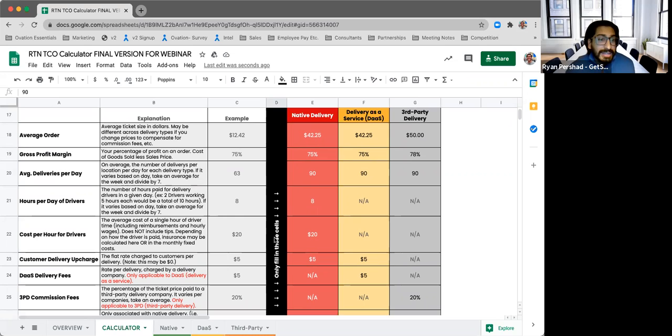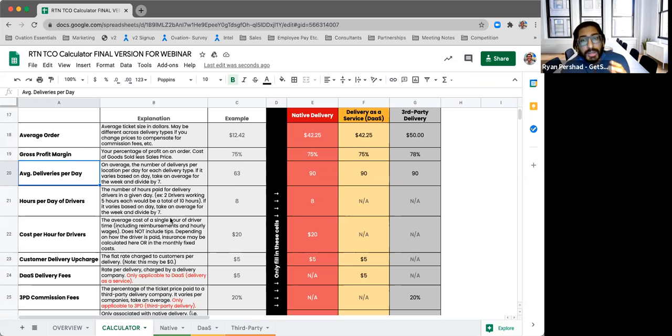I would just say, definitely make sure as you're going through that you're looking at, Zach, if you just go to A20 for me really quickly on the left-hand side there. Really make sure you're looking at these specific things when you're going through, right? This is average deliveries per day. Just make sure that you're thinking about that number. Other places we have per month. And so, just make sure,